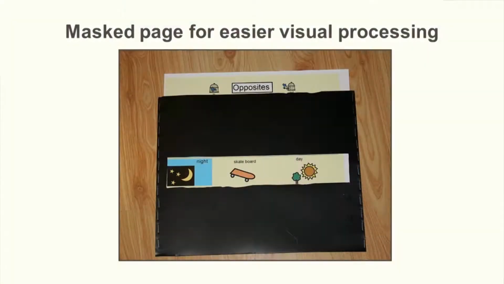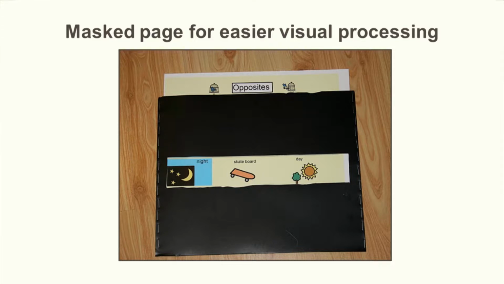So you see how you're going to take those things that they do, and you're going to make it familiar with them, but you're also going to give them some concrete way of being able to say, that's what we're doing. Sometimes you might want to mask the page for easier visual processing. So that's just a black thing. You vision folks,